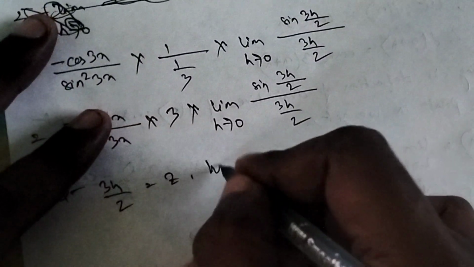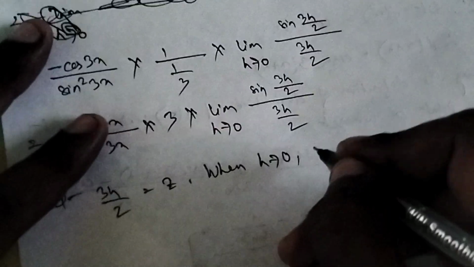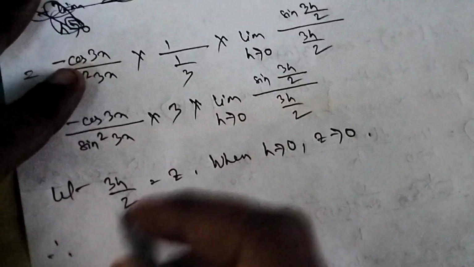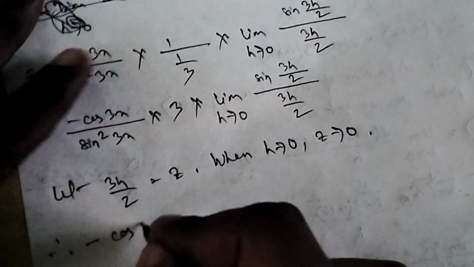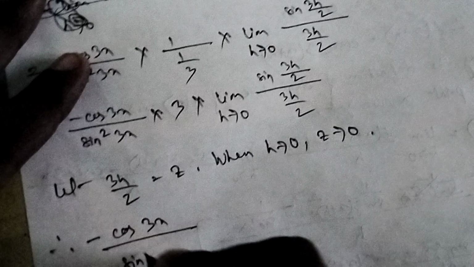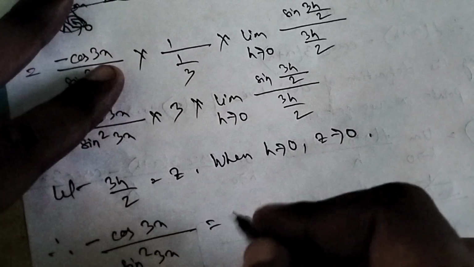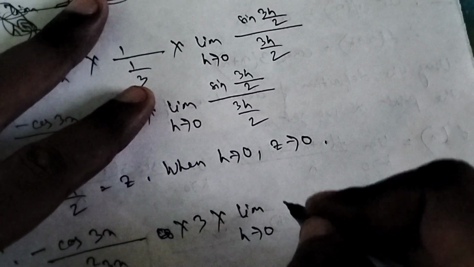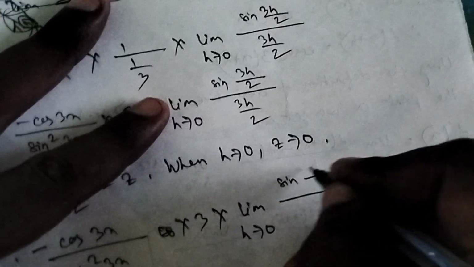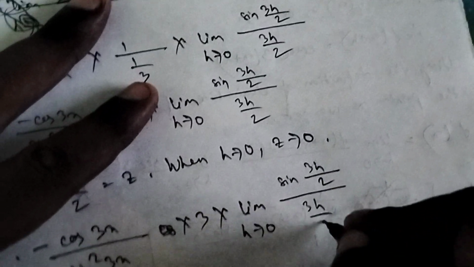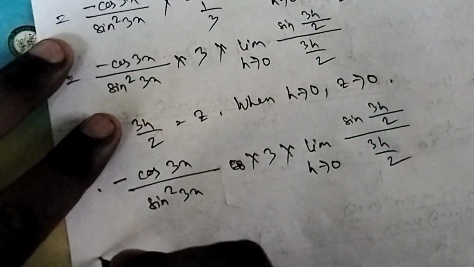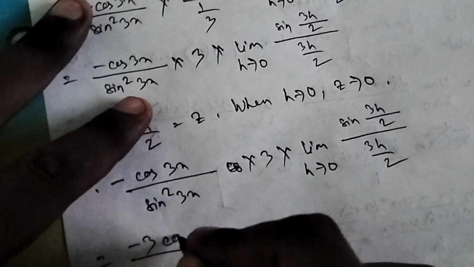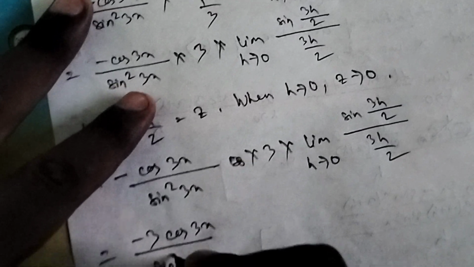When h tends to 0, z also tends to 0, so therefore we can write minus cos 3x by sine squared 3x into 3 into limit h tends to 0 sine 3h by 2 over 3h by 2, is equal to minus 3 cos 3x by sine squared 3x